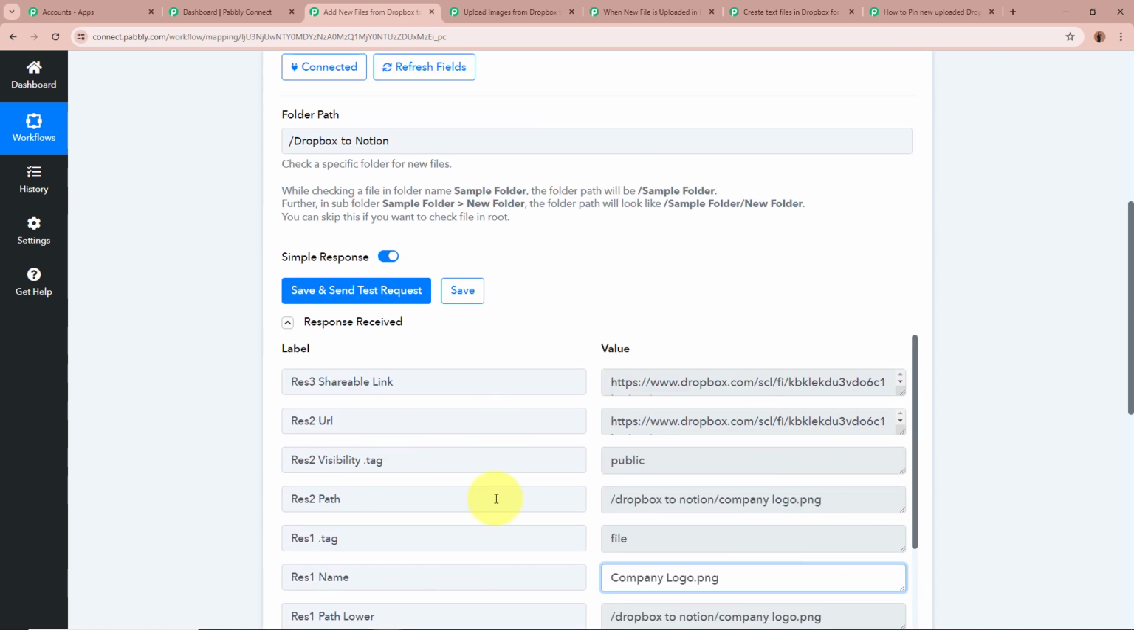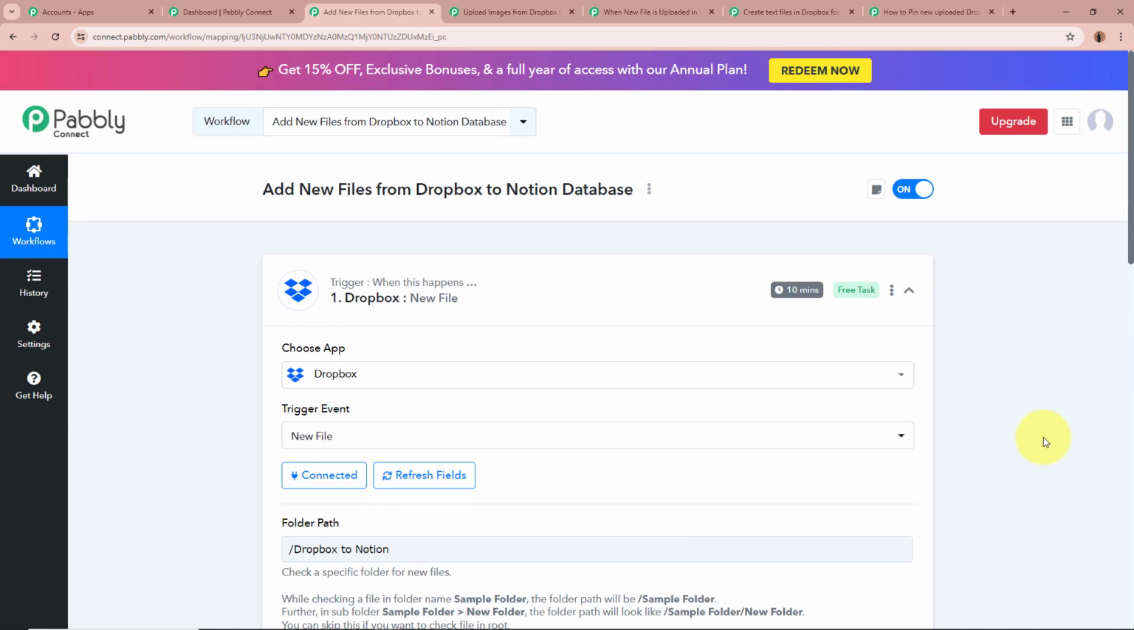Okay, so as this is a response that we have received, this means Dropbox is now successfully connected with Pabbly Connect. So now, whenever you're going to upload any new file in your Dropbox folder, automatically Pabbly Connect is going to capture the response. If you're not going to receive the response immediately, then do not worry, as Dropbox is